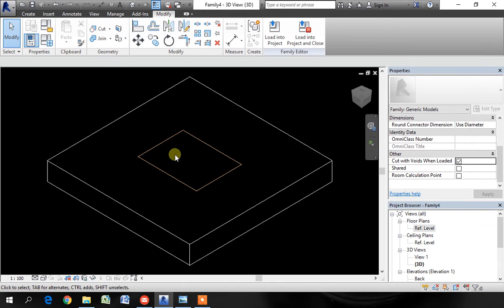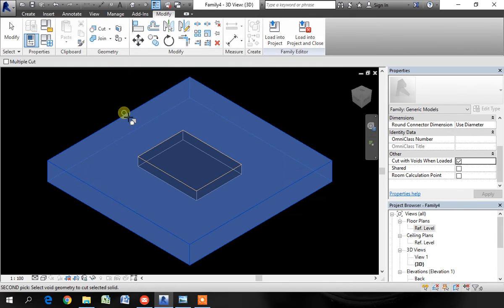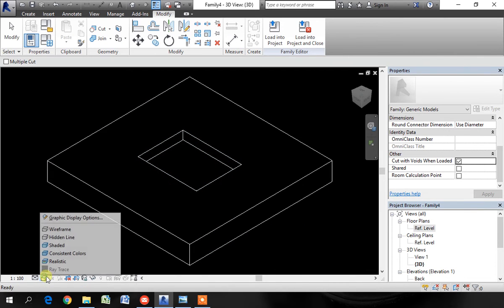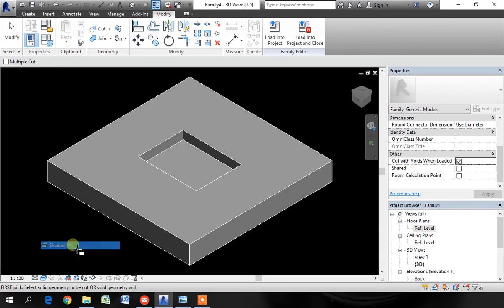We have to do one more thing. This is optional, but it's better you do it. You better cut it here itself. See, it's not cutting yet. You can still load this family, then do the cutting manually, but if you cut it here itself, the work will be much easier. So here I'm going to use the cut under the modify, click on cut geometry, then choose the reference geometry first, then click on the void, change the visual style to shaders so you can see